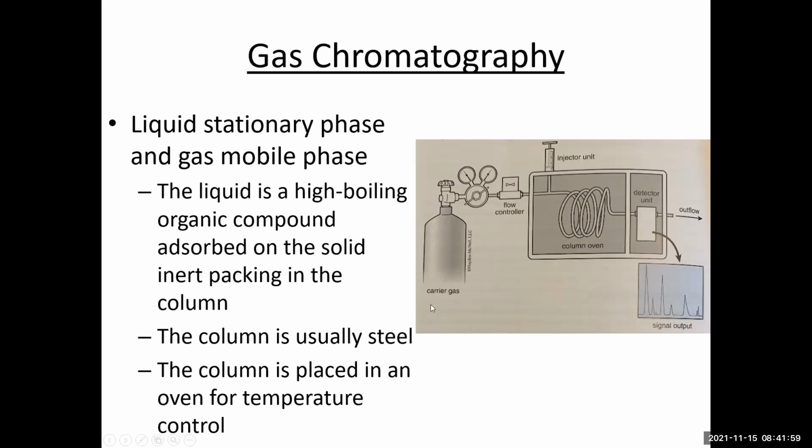So you can see here, this is the mobile phase, it's the carrier gas. Typically, it's an inert gas, such as helium or argon or nitrogen gas. Those are common gases that are used in column chromatography. So you've seen those big steel tanks, right, that are right next to the instrument. Those are supplying the gas into the instrument. And then there's a flow controller. There's a point where you can inject a sample into the instrument, and it gets inserted into a flow of the carrier gas